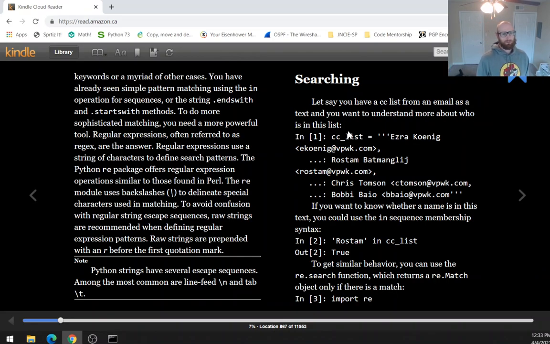The re module uses backslashes to delineate special characters used in matching. To avoid confusion with regular string escape sequences, raw strings are recommended when defining regular expression patterns. Raw strings are prepended with an r before the first quotation mark. Note, Python strings have several escape sequences. Among the most common are line feed,